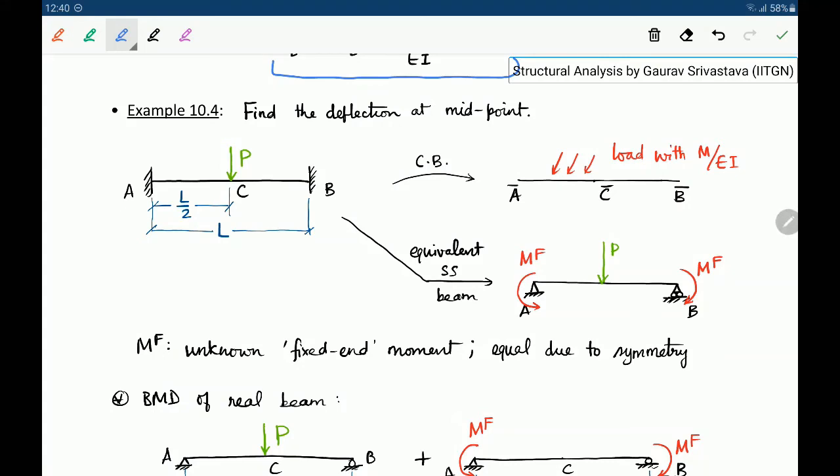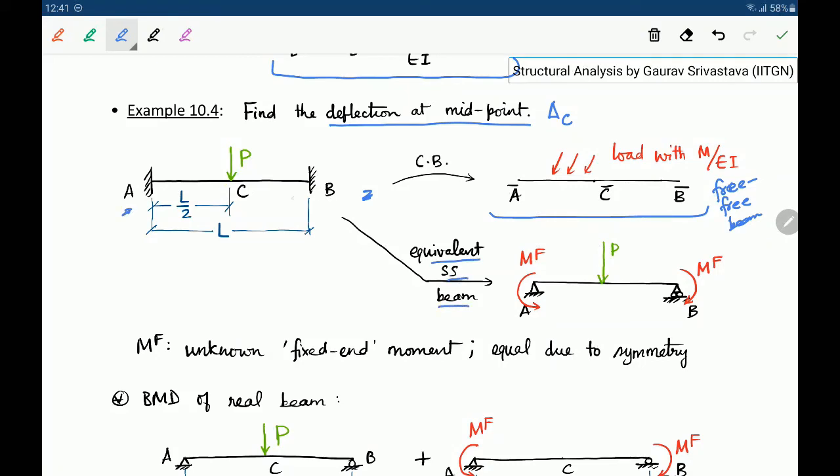So there is a fixed beam AB which has a centrally applied load P, and we are interested in deflection at the midpoint, so we want to find delta C. Now the conjugate beam for this fixed beam will be a free beam, so A bar, B bar, C bar, so this is a totally free beam. Again it will appear that this is unstable, but because it is a conjugate beam corresponding to a stable system, it should be under static equilibrium, and that is what will allow us to calculate the redundant forces. Okay, so again we can form an equivalent simply supported beam.